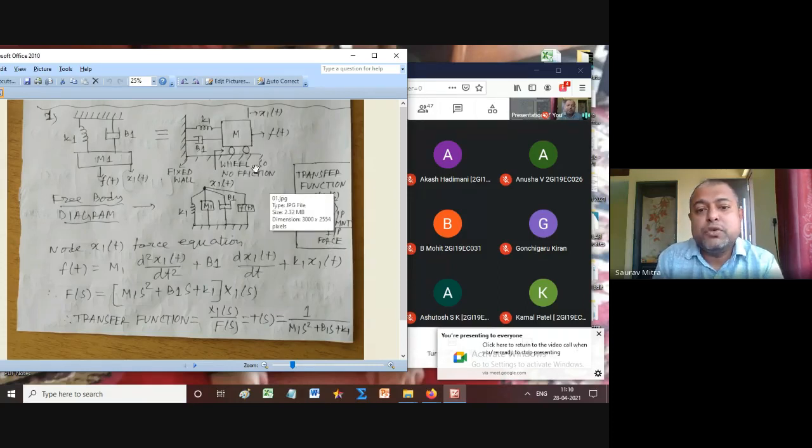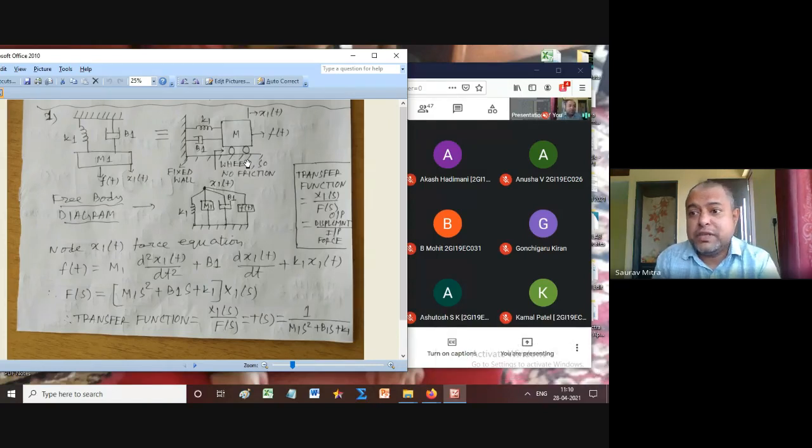Wheel is there means there is no friction. Sorry, wheel is there, that means there is no friction. We can understand. That means you won't have to consider anything here. If wheel is not there, it is not shown in the exam, you have to consider another force which is called friction force, Bf, and that Bf will have the same property of B1. So numerical 2 will be like that.